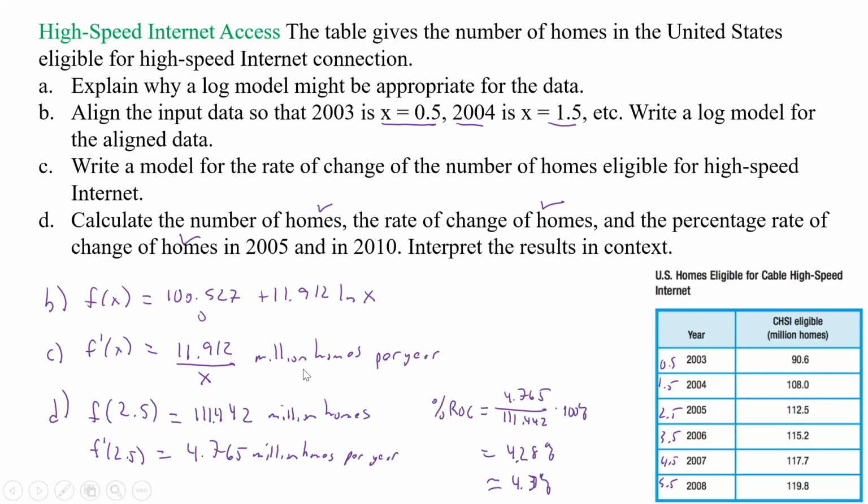So we would say in 2005. Now let's write it out as numbers instead of saying million homes or something like that. So we would say 111,442,000 because we're going to multiply that by a million. So we're going to move over 6 decimal places that way. So we'd have 111,442,000 homes in the US